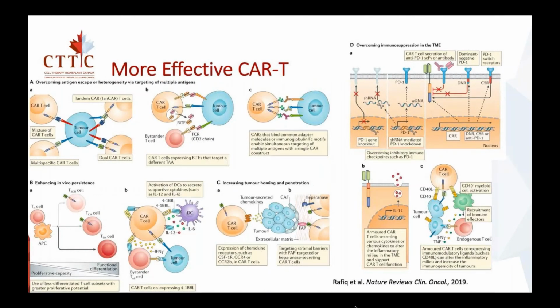Some of the thoughts as to how we can improve CAR T and make it more effective are as follows. First of all, if you look at A here, we really need to overcome antigen escape, because CD19, for example, can be lost by some of these tumor cells. One thought is to make dual CAR T cells or tandem CAR T cells, for example, or throw in a mixture of CAR T cells. Another idea is to make a CAR T cell that secretes a BiTE and activates a different antigen, or